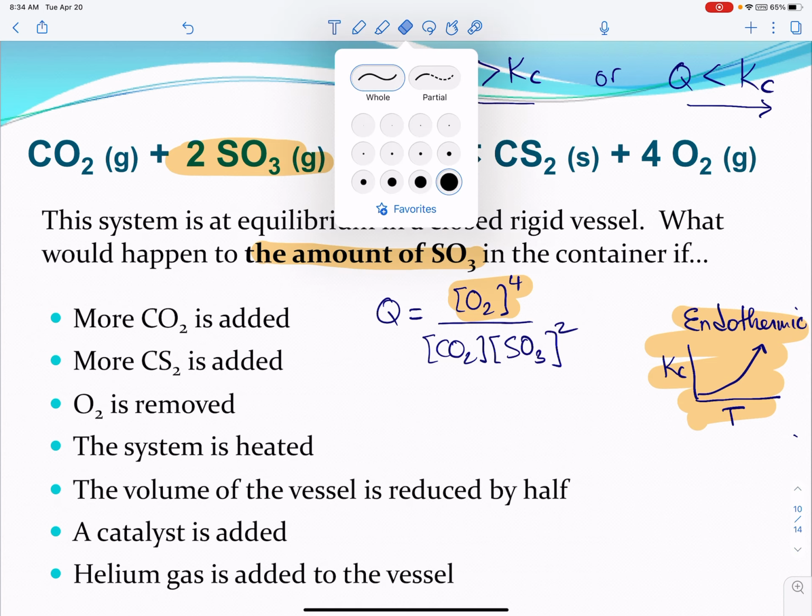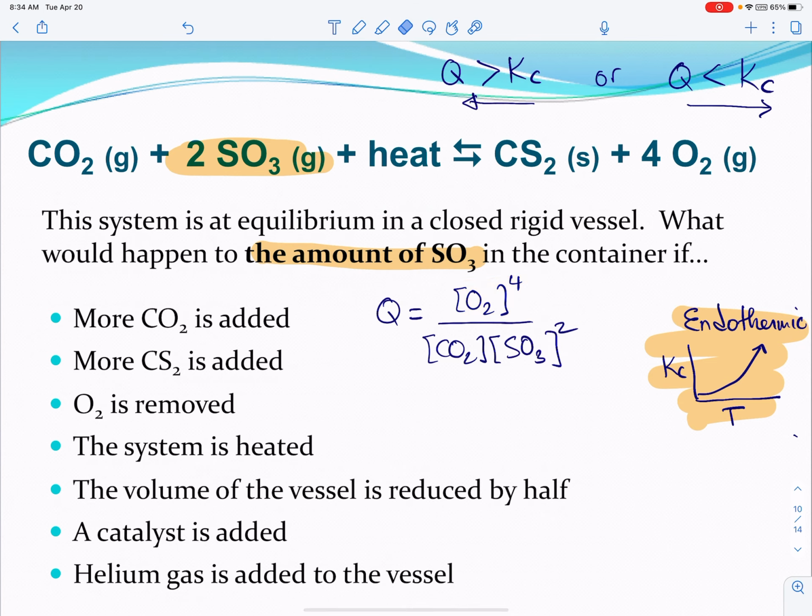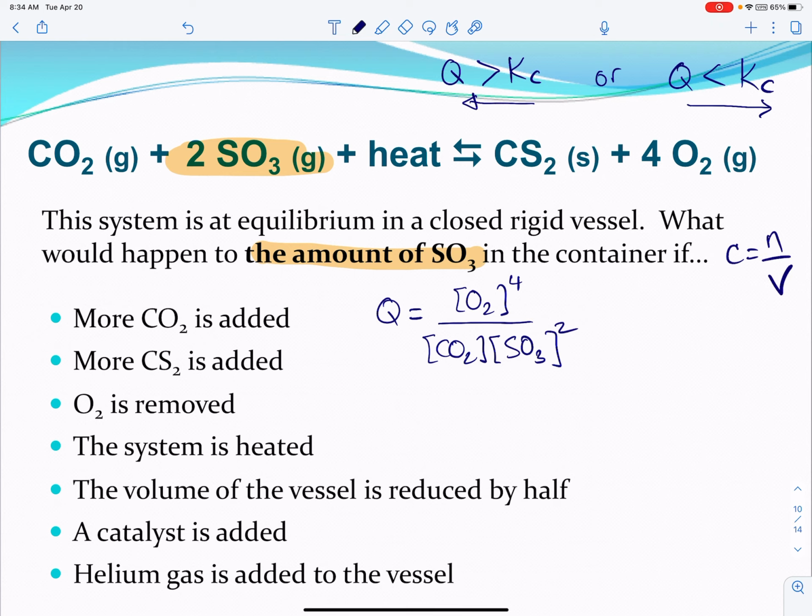So there's a couple more things to note here. The next example talks about the volume of the vessel being reduced by half. So the volume is decreased in the container. Well, if you decrease the volume of a container, that will increase all of the concentrations in the container. You remember that concentration is equal to moles divided by volume. So if you have a smaller volume, you're going to have a bigger concentration for